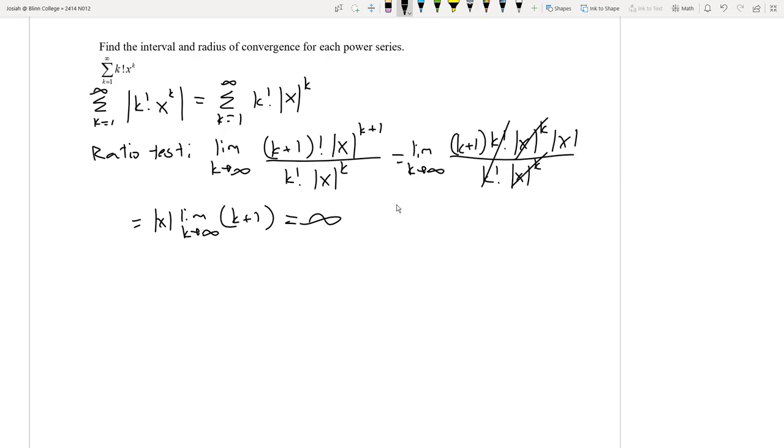So it looks like, oops, this should be r. Looks like r is equal to infinity. Isn't that no matter what x is? Well, the thing is that this test only works if we have positive terms here. And the only time we wouldn't get a positive term here, since we've taken the absolute value, is when x is equal to 0. So this entire test